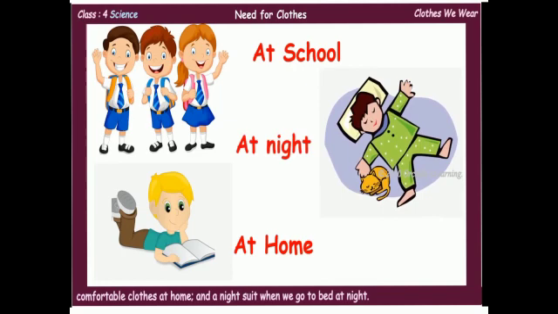During winter, we wear warm clothes that protect us from the cold. When we go out in the rain, we wear raincoats. They are made of waterproof material. A raincoat protects us from the rain. If we wear long-sleeved clothes at night, we can protect ourselves from mosquito bites. Clothes therefore protect us from insect bites too.